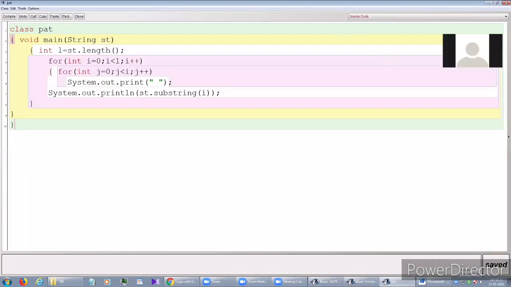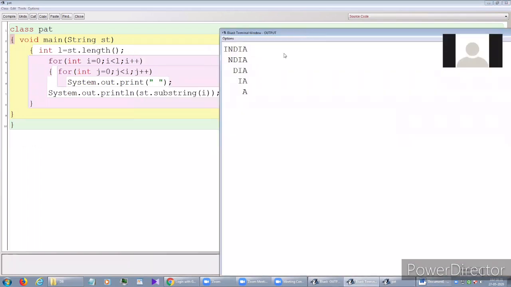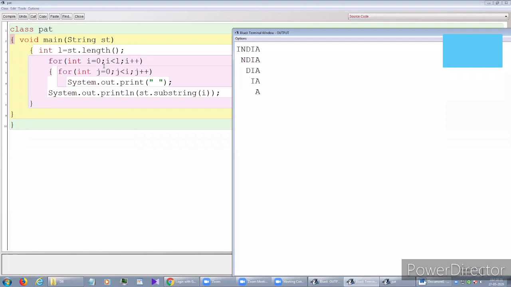If you see the code with the output, I gave the input as India. So how will this code work? First, I equals 0, I less than L, the condition is satisfied. J equals 0, J less than I, so no space is printed first. Then System.out.println(st.substring(I)). The value of I is 0. We all know that substring will work this way: whatever value we give inside the bracket, from this index to the end, it will print. So first, India